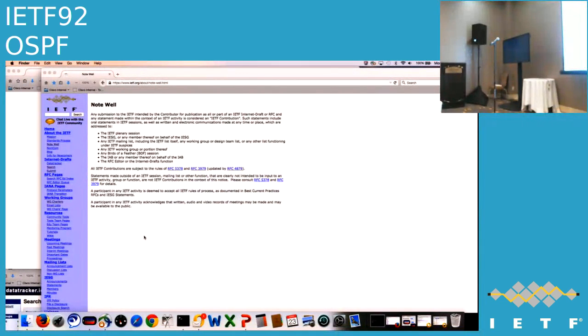Here's the note. Well, since this is the first session of IETF 92, I think it's important that I get this up, so you know that if you know about any IPR, you're obligated to disclose it. This goes into the detail. There's been an unbelievable amount of discussion about the content of this page, so I'm just going to leave it up for 5-10 seconds. You can read the new improved version here.